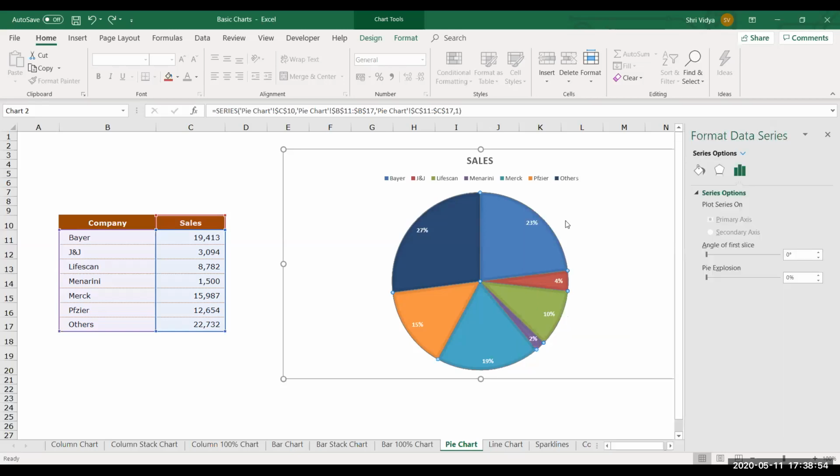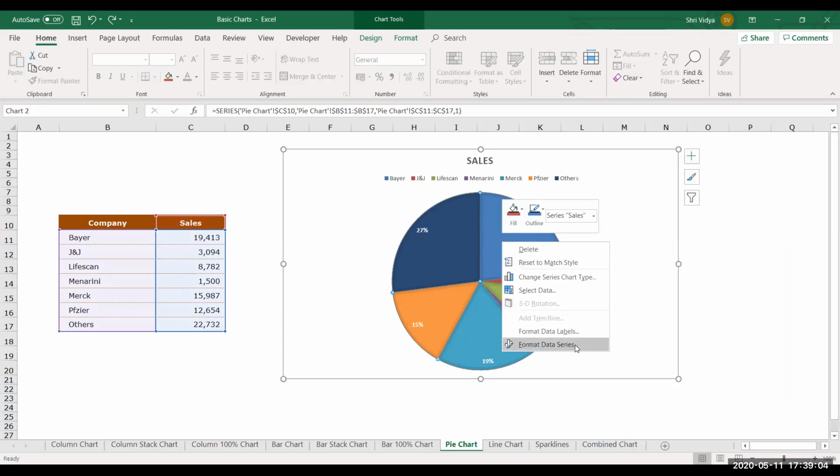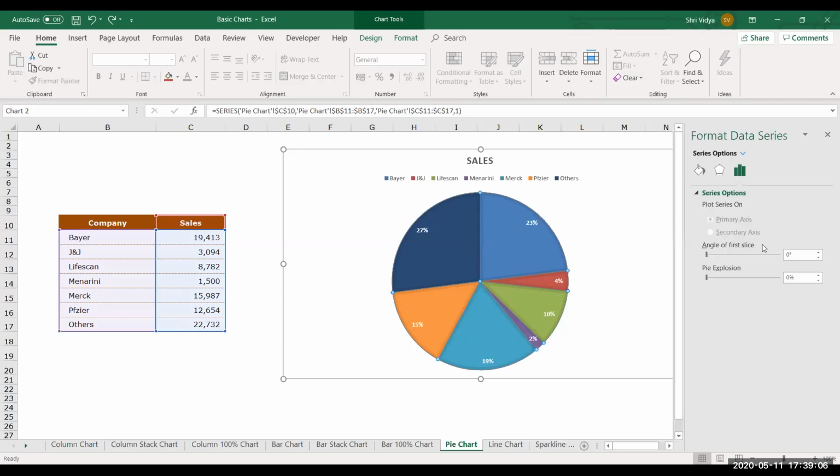When you click on it, you have this. Let me try it again. Why is it not showing me?